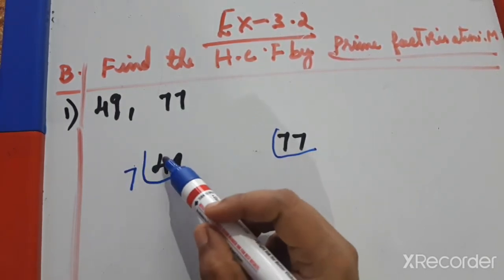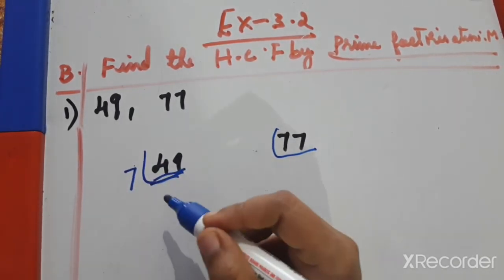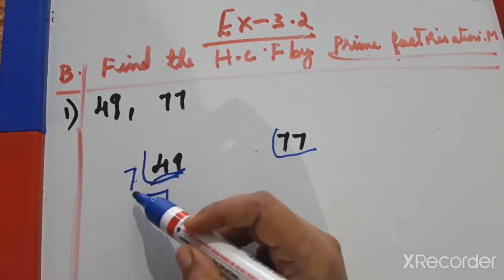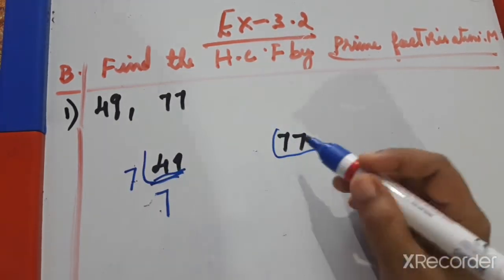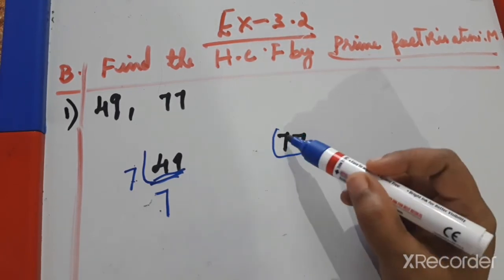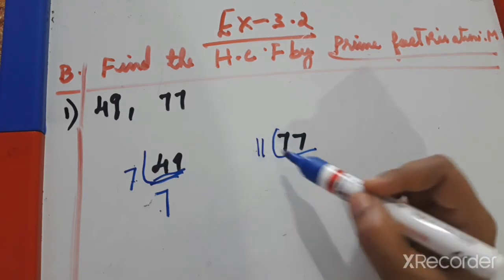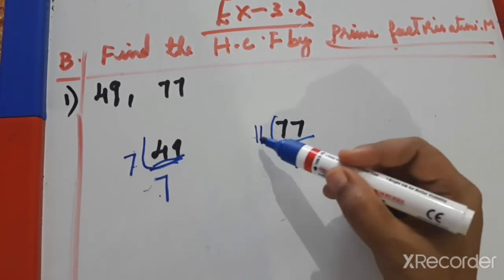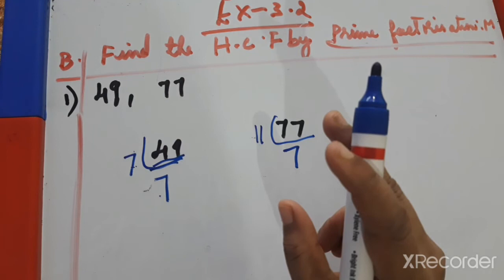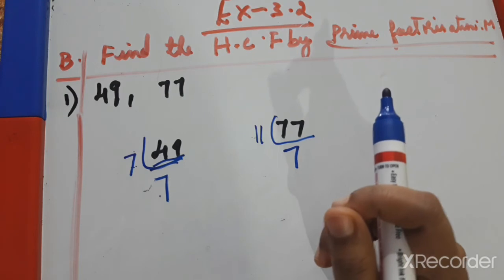There is a division method. Divide 49 by 7. 7 how many times in 49? It is just like a division, children. 7 sevens are 49 and 7 is also a prime number. Okay, 7 and 7. So we can stop here because both numbers are prime. We have to divide only with prime numbers. And 77, in which tables does it occur? 7 also, or 11. 11 sevens are 77. 11 is a prime number, 7 is a prime number. Prime number means it has only two factors, the number itself and 1, which is common to every number.